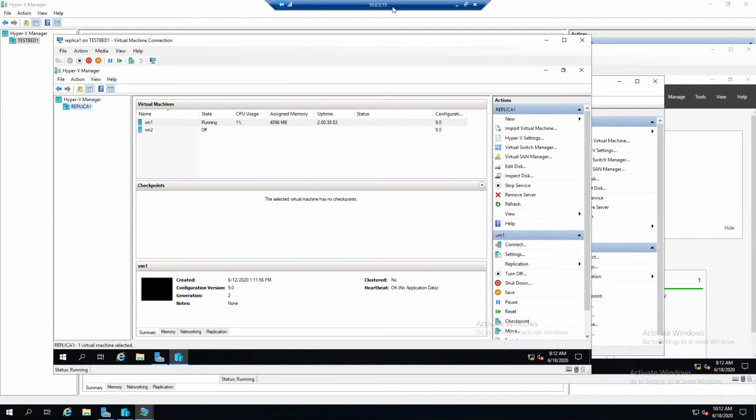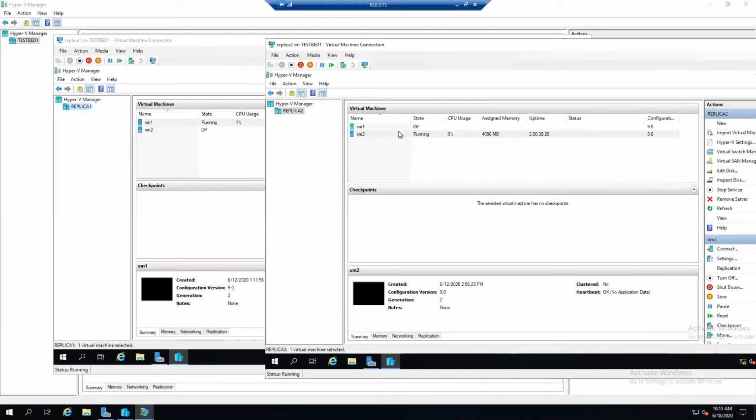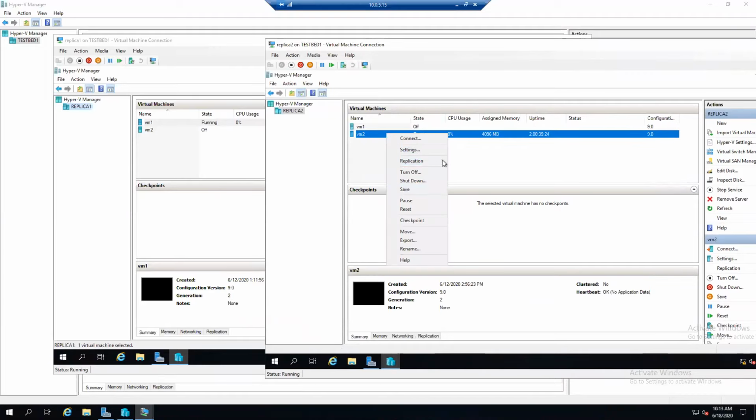It will replicate two-way. Now, you could replicate one-way. You could run one host running all of your virtual machines, and then the other host is just standby. But that goes back to that single egg, single basket issue. So if you are going to do this, my recommendation is to do two-way replication. Have some of your VMs running on one host, some running on the other. But you set up replication, and you get options to